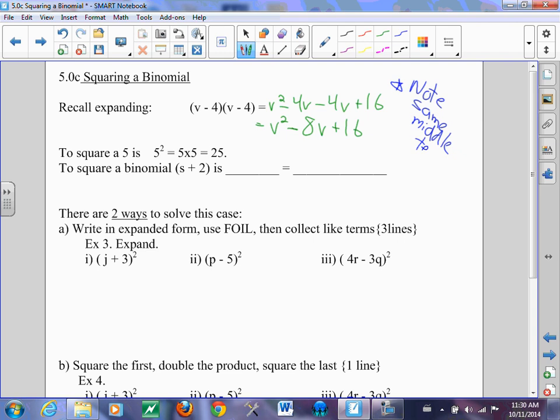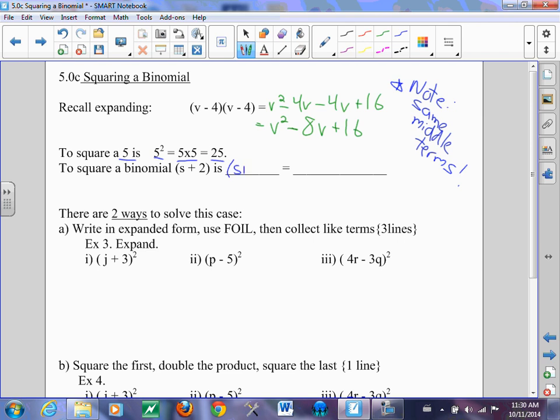That will always be true when you're squaring a binomial. Okay? All right? So just remember, guys, to square 5 is 5 squared. That's in exponential form. And then you expand it, it is 5 times 5. And the numerical answer is 25. To square a binomial